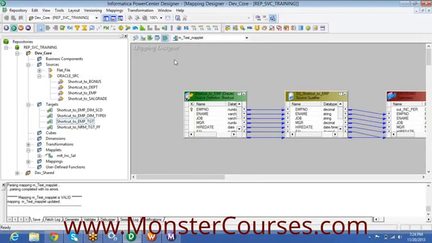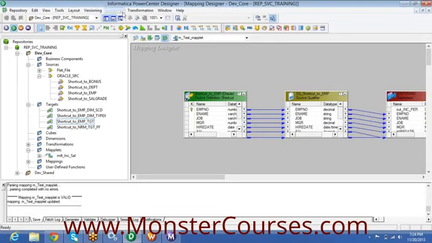The session log, and you will keep the verbose data. If there is any problem in a particular transformation, you will keep verbose data for that transformation and find out what the input record and output record are, or how the variable ports are evaluating in between. All those things you can see in the session log.